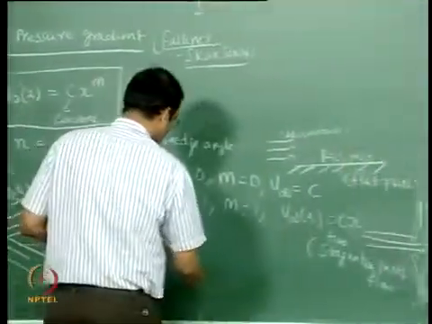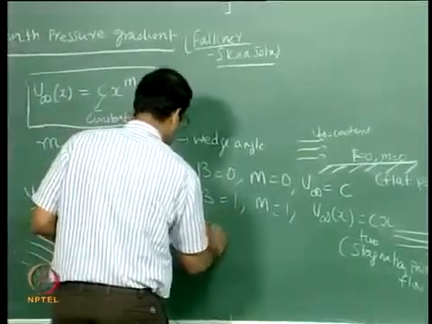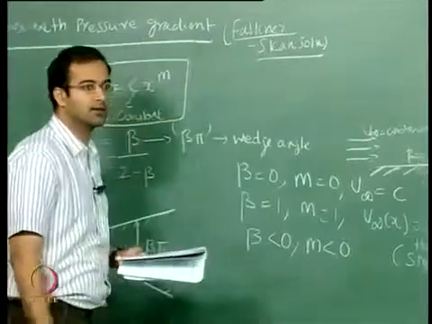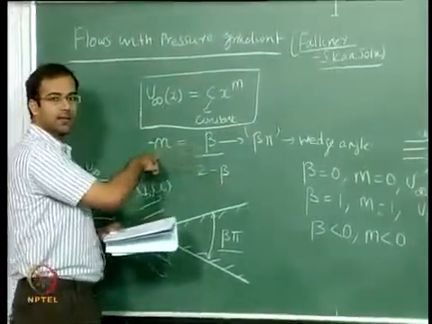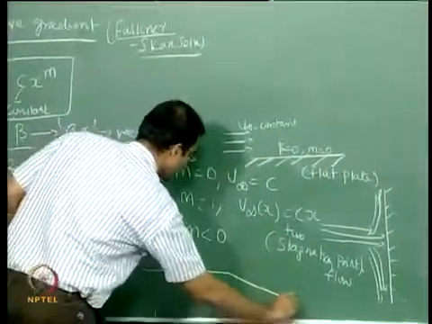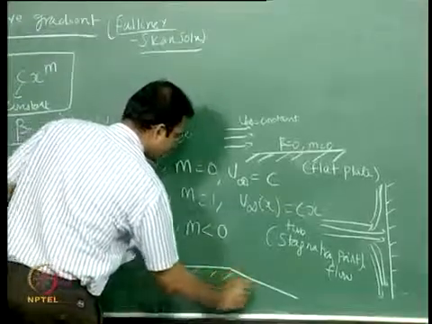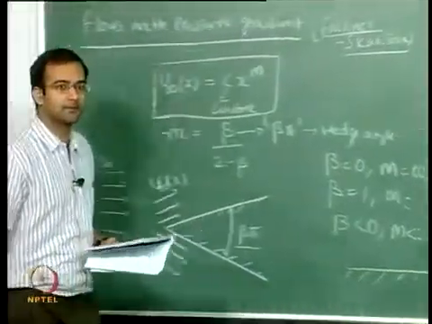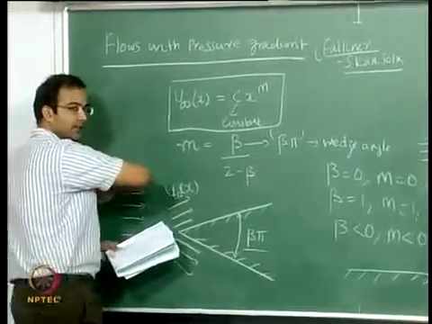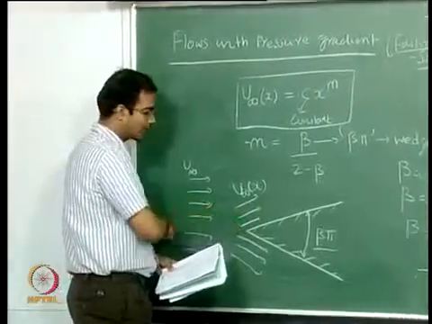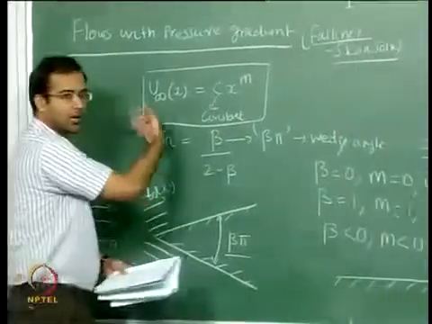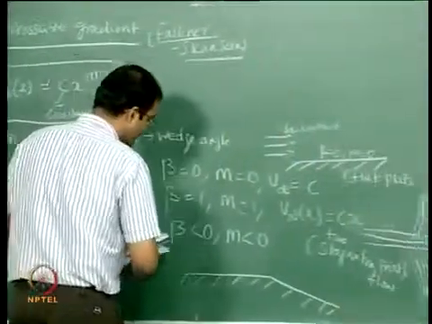If you tilt it upside down, you can say for beta less than 0, where your m also will be negative, correct. If my beta is less than 0, m also will be negative. So I can have a flow which is something like this, okay. This is my wedge, this is how my wedge becomes, okay. So I take this will be 0 and again I put it this way and make this horizontal, okay. So this will be horizontal and like this the flow will pass like this, okay. The same thing I am drawing upside down, okay. So the flow will be like this,